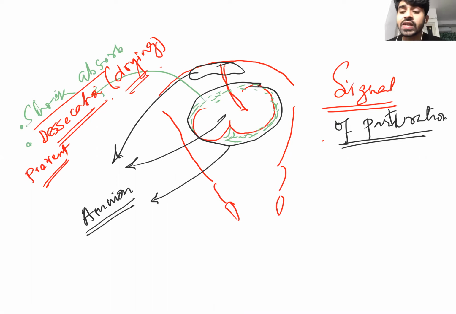Why have I introduced this concept? I have introduced this concept because for understanding the stages of parturition or delivery, you should know that the amnion and amniotic fluids are present surrounding the fetus. So directly, straight away, we are going to the stages. The first stage is that the signal of parturition has already arrived from the developed fetus and the placenta.